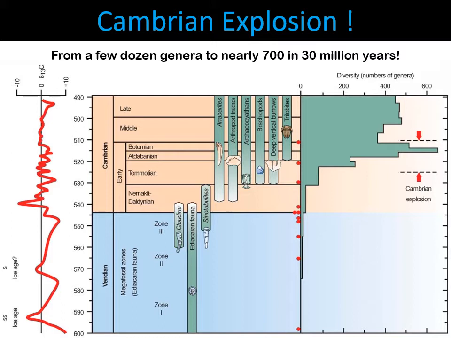Around the middle of the Cambrian, kind of early middle, we have what's called the Cambrian Explosion. And this goes from a few dozen genera to nearly 700 in only about 30 million years. Now that may seem like a long time, but remember, so far in this course, we've been dealing with things in terms of billions of years. So after the Tommotian fauna, which is where we get our first shelled organisms, towards the end of that early and towards the middle of the Cambrian, we have the Cambrian Explosion.